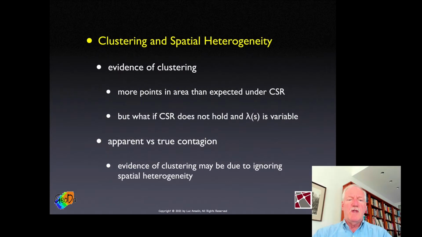But before we get into that specifically, there is a very important notion, the notion of apparent versus true contagion. And it's all related to the possible existence of spatial heterogeneity, because clustering could be the evidence of more points being in an area than the null hypothesis of CSR would suggest. But it could also be that there's more points in an area because the intensity in that area is higher